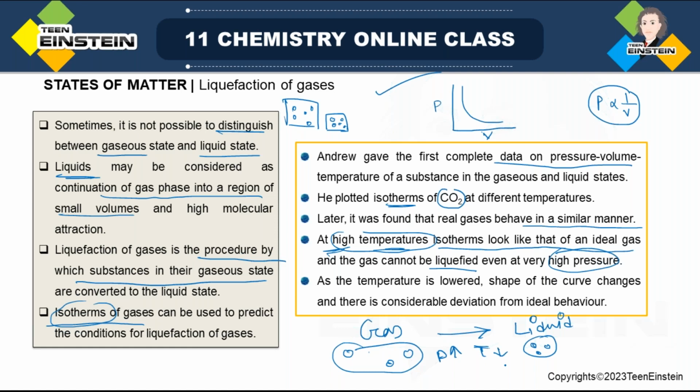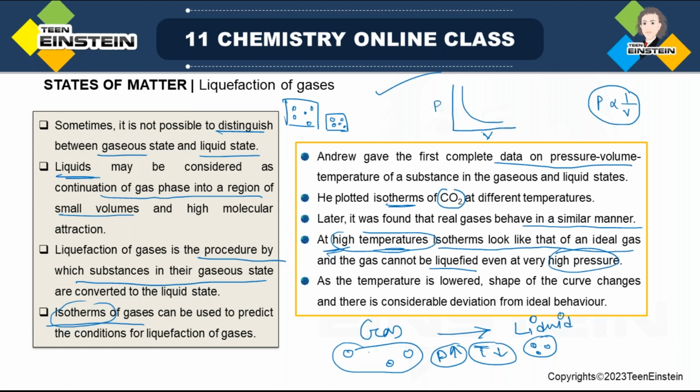But your purpose is to bring them close so that the state of matter changes from gas to liquid, right? If you are increasing temperature, how is that possible? So there must be an increase in pressure and a decrease in temperature. But there is a particular temperature above which this liquefaction is not possible, even if the pressure is very high. Okay, so we will see that in the next slide,